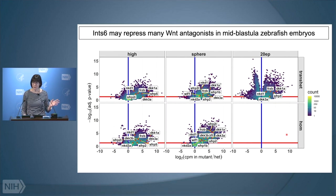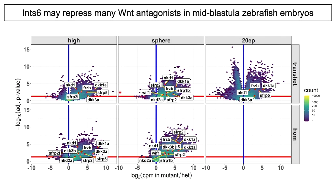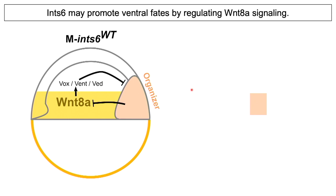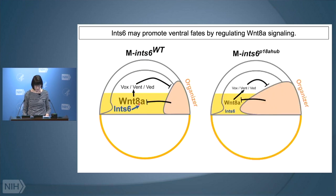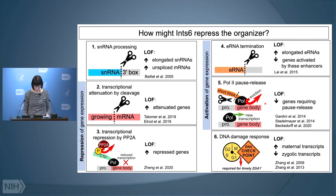But what William's really interested in is how INTA6 is repressing Wnt and/or repressing the dorsal organizer. What he's found is that a lot of Wnt antagonists are upregulated in both of the mutants. And so what he thinks is that INTA6 may be regulating Wnt8, and in the absence of INTA6, Wnt8 is depressed. Therefore, it's not repressing the organizer, and the organizer can expand in the embryo. And so our favorite mechanisms are